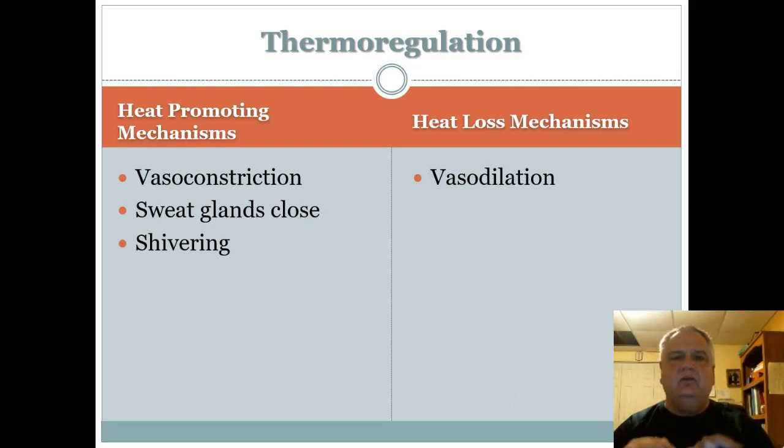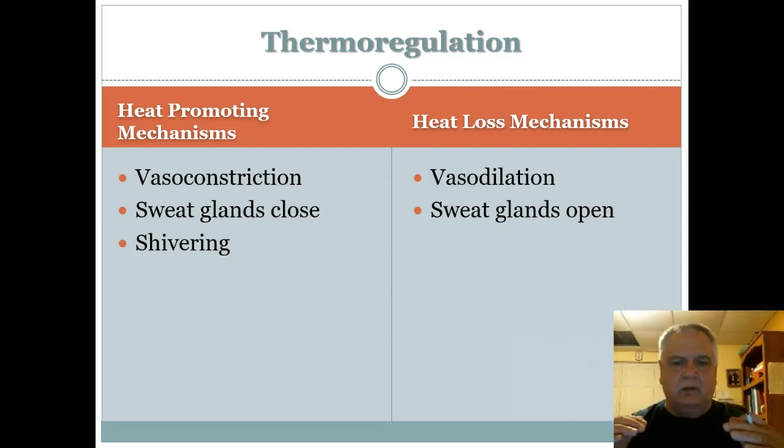That's going to increase radiational cooling. Think about radiators at your home, and if you have hot water heat, when the water passes through the pipes of the radiators, heat radiates out from the water. Think of your blood as being the water that's passing through the tubes of the blood vessels, the tubes we call blood vessels, and what's going to happen? Now you're going to have radiational cooling if the blood is just underneath the surface of the skin or out near the extremities. Make sense? Okay, so that's going to allow excess heat to be dissipated to help bring the body temperature back down.